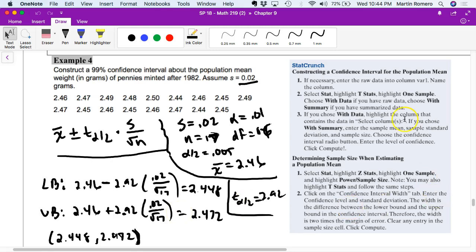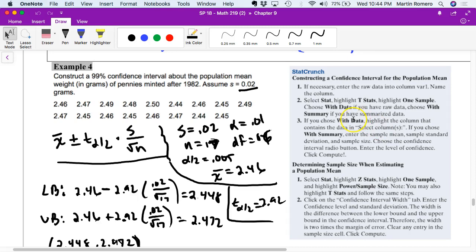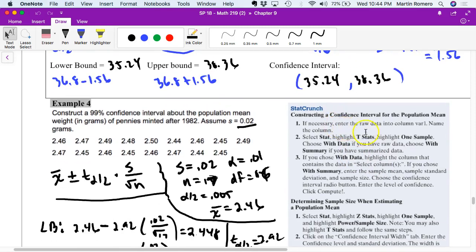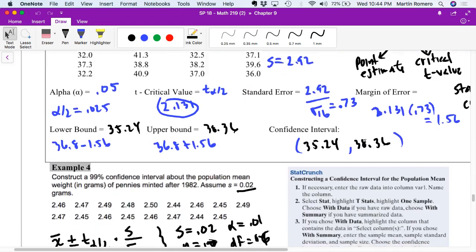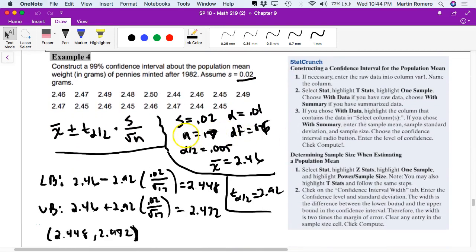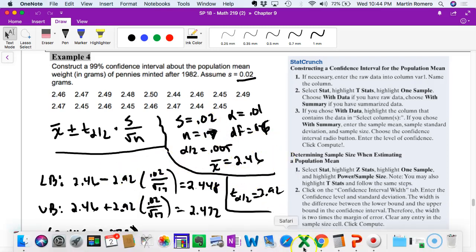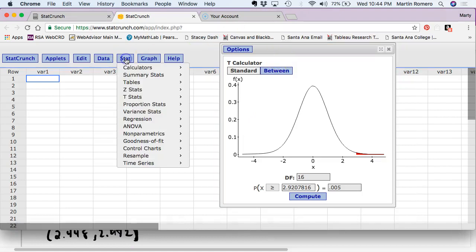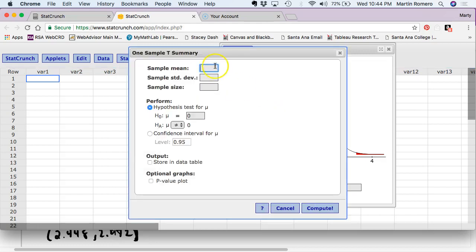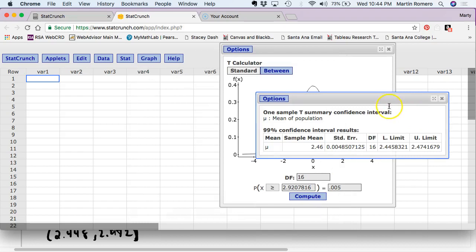Of course, we can check this on StatCrunch if we plug some numbers in, given some data, and you have the instructions here to construct that. If you have the data or if you have the summary data, for example, I know I have 2.46 and 0.02. So let's take a look at that real quick. You would go here, T-stats, one sample, summary data, and in this case the sample mean was 2.46, standard deviation was 0.02, sample size 17. You'd click a confidence interval 99, compute, and then you get the